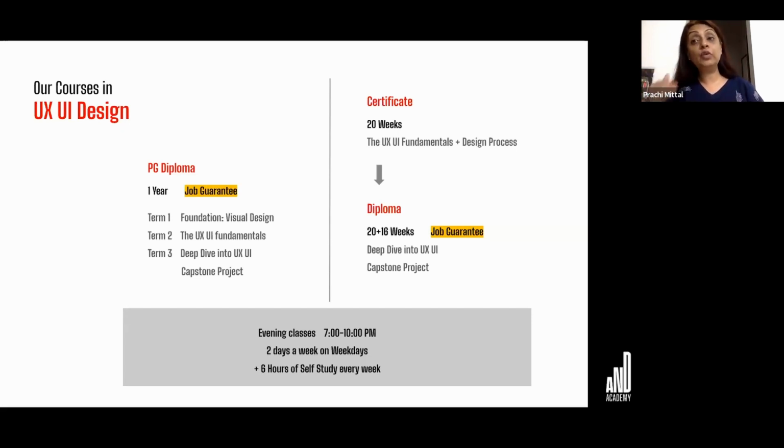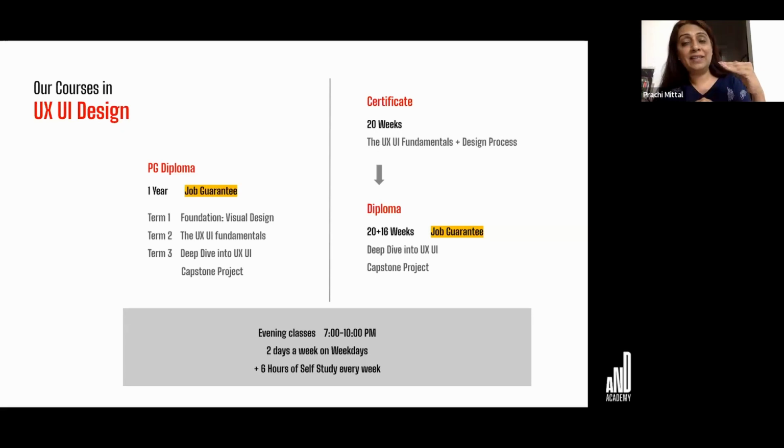And in term 3, you deep dive into UX UI with 2 advanced level projects. So in term 1, you do 2 projects of visual design. In term 2, you do 1 UX design project, 1 UI design project, but of a simple product. In term 3, you do 2 projects, but of advanced level, in which UX and UI are integrated. So that's the PG, that's our maximum offering in a UX UI course.